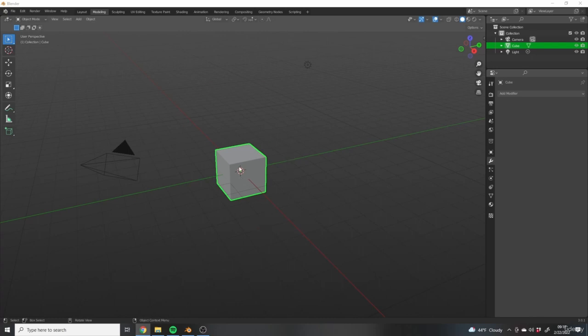So everything from adding and transforming objects, deleting objects that we covered in some early videos, up into the functions that we covered in the last series of videos, which were extrude, delete, fill, join, loop cut and slide, subdivide, bevel, and inset. So I just started up with a new Blender file here, and I've tabbed over into the